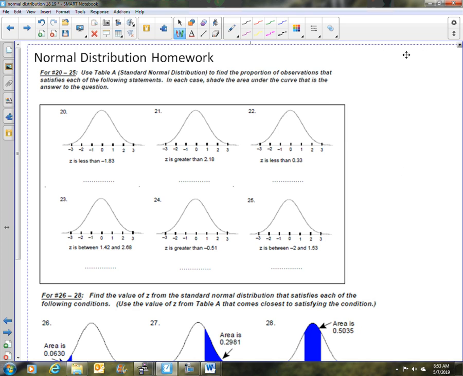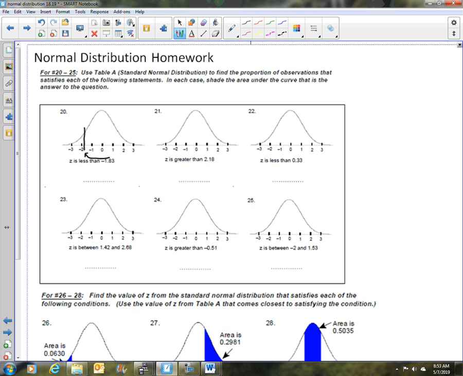Okay, here's the normal distribution homework. How about if we do number 20? It says, use table A, standard normal distribution, to find the proportion of observations that satisfies each of the following statements. In each case, shade the area under the curve that is the answer to the question. Now, we want to know the probability, or the proportion, of observations where z is less than negative 1.83. Now, notice they've shown you a standard normal curve here on number 20. So negative 1.83